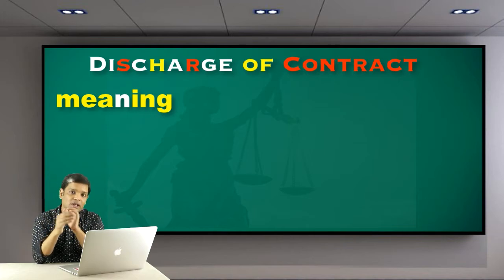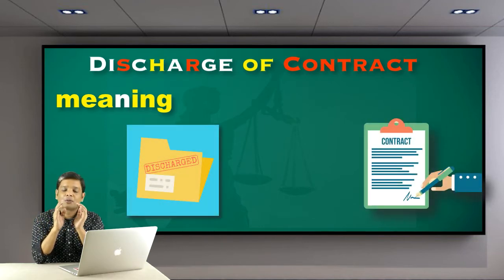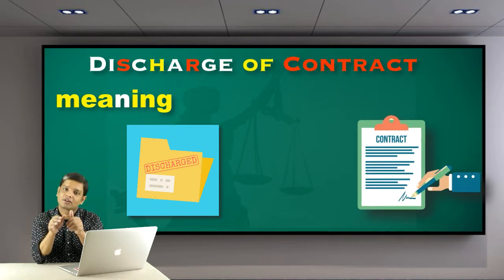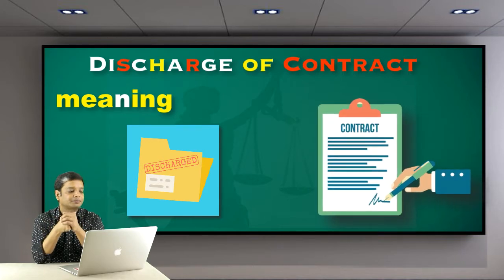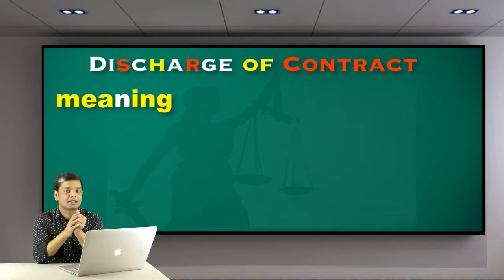In reference to contract, the discharge means performance of the obligation that is created through the contract. Okay. So let's check out the technical meaning of this term discharge, and before that,